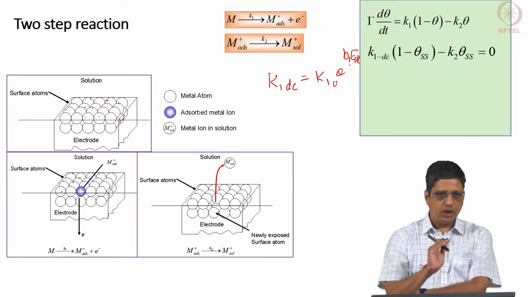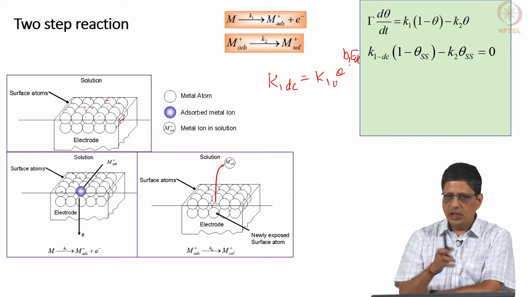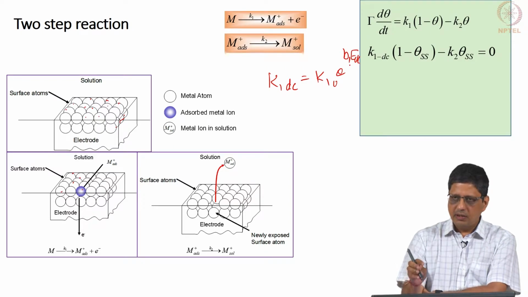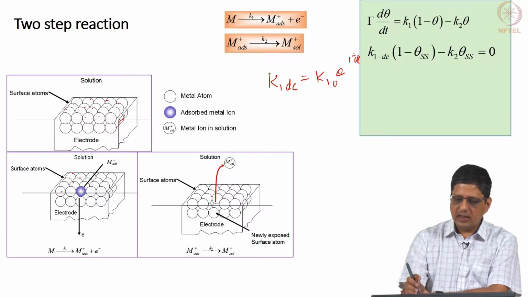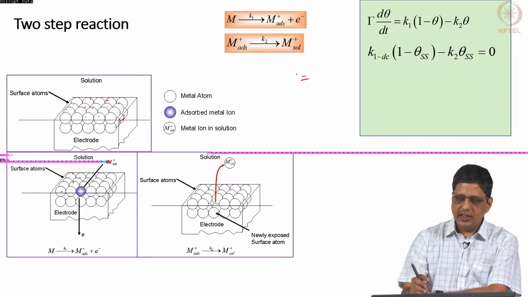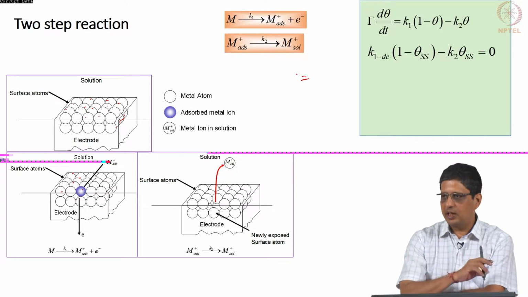We have applied a DC potential, it may be 0, in which case we are not applying any potential. It may be a fixed number, non-zero number, and we wait for enough time, we will get a stable current and we will get a stable surface coverage. If we change the DC potential, go to another value, wait for enough time, I will get another surface coverage and another current value.